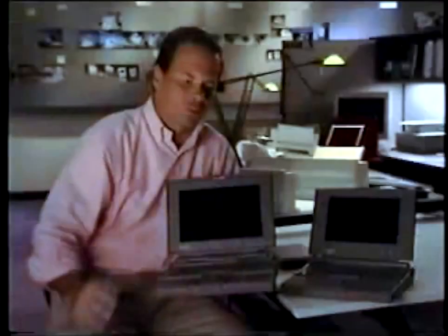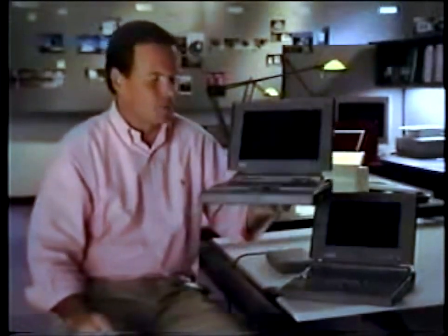We're doing some new things here that people haven't done before. And when you think about what you could possibly do in the future with a portable notebook that has Macintosh functionality at the heart of it, it's just extremely exciting. And we're giving a customer or an individual the capability of a Macintosh IIci in something in 6.5